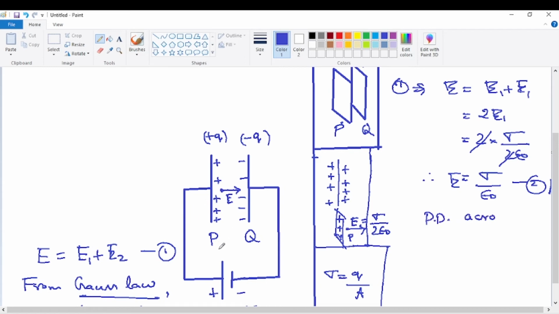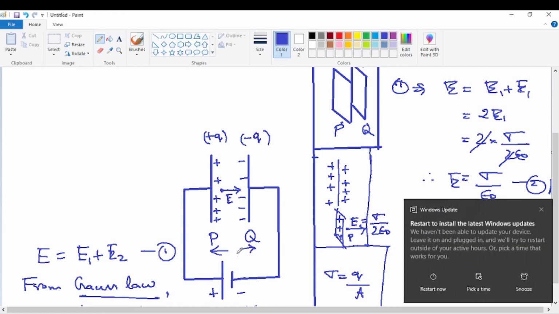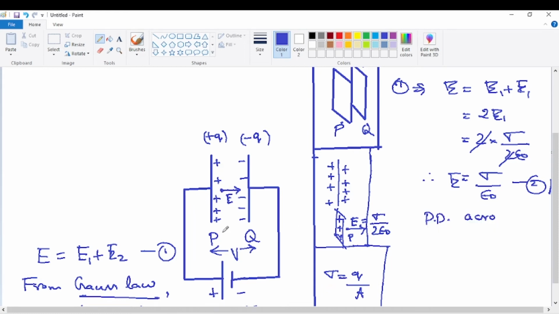across the two plates, we call it V. I'll just write this more clearly. The potential difference across the two plates, just call it V. This potential difference V between the two plates is actually applied by the battery across the two plates, because the battery itself is forming these charges. Only because of the charges present on the two plates does potential difference exist, or electric field exist between the two plates. So potential difference across the capacitor, that means two plates,